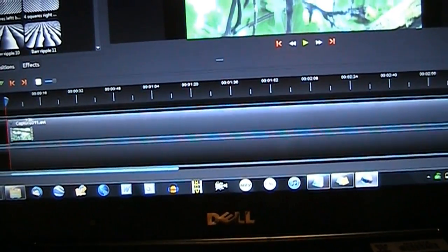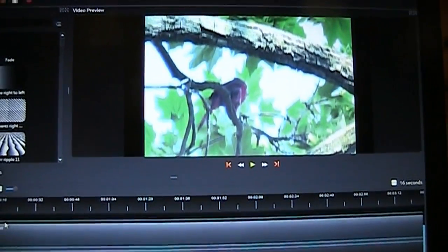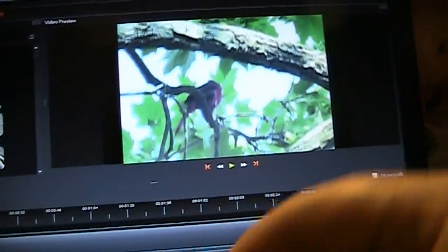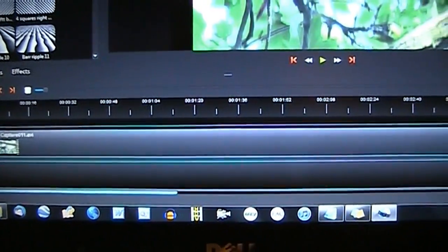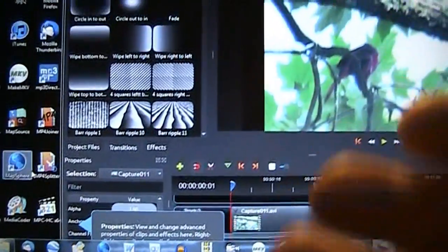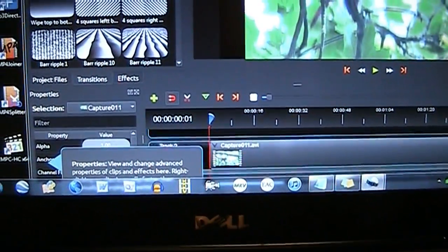It's now playing in the... Oh, but see, this is supposed to be 16:9 video, and there's no way that I can see to resize it. Get those black bars everywhere. And if you click properties, which is where you normally would go to resize it, you see, there's that bug again. It resized the video window, and then you have to drag it back up